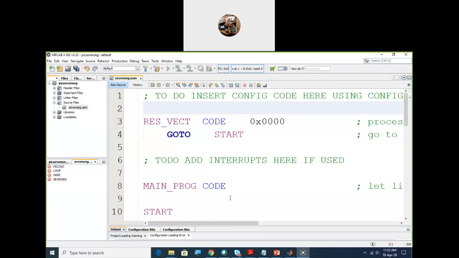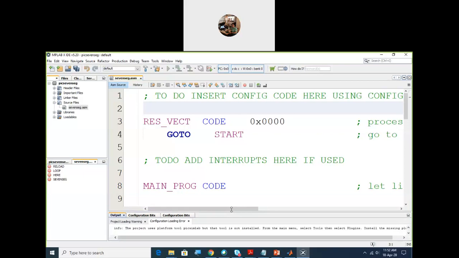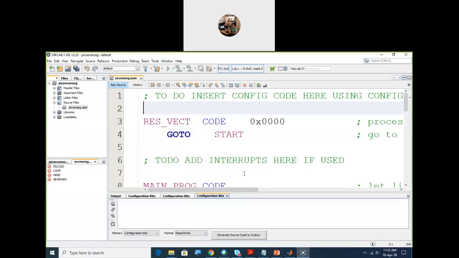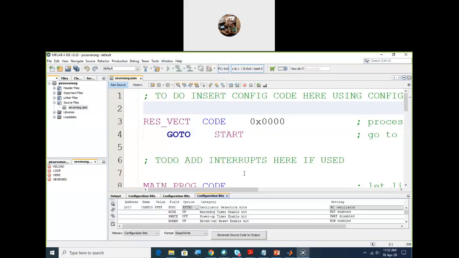To get those configuration bits, you have to click on Windows, then Target Memory Views, and then click on Configuration Bits. In these configuration bits, just make oscillator FOSC as XT, and all other configuration bits you make it off, if you want to have the simulation.